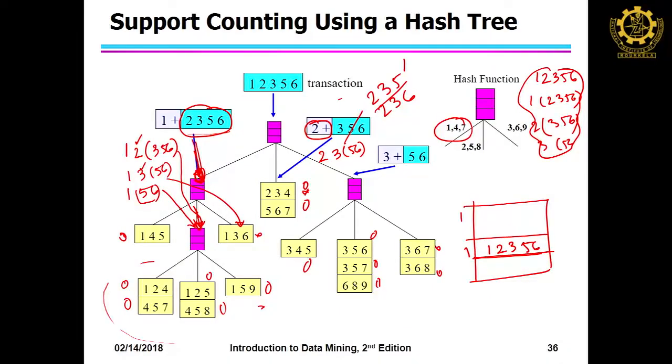While generating the hash tree, we first generate the candidate item set. While generating the candidate item set, we must see whether the previous item sets are frequent or not. So, why is 235 not there, when it is there in the transaction? It is in the transaction but not in the hash tree, because its corresponding subset, let us say, was infrequent. So, that is not there in the hash tree.